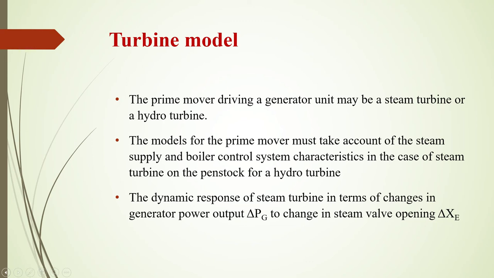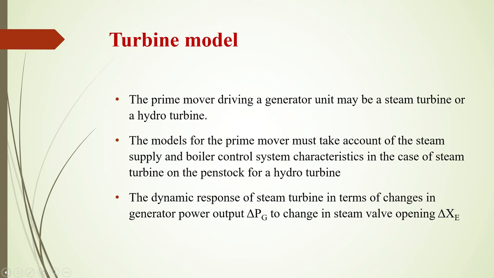Now we are going to see the turbine model. We have to develop 3 models here: one is the speed governing system model, the turbine model, and the generator load model. Understanding, students, what we are doing here? We are developing 3 models, then all these 3 we are combining at one place and naming it as isolated power system. And we are drawing the complete block diagram considering all the models. So now let us see the second model, the turbine model.